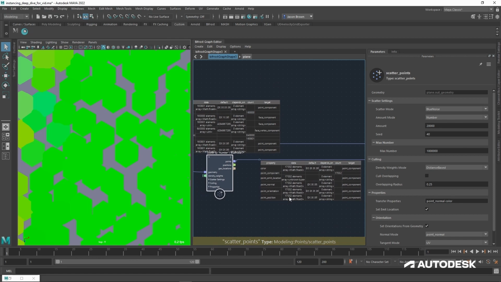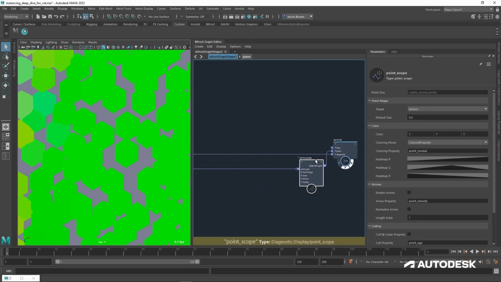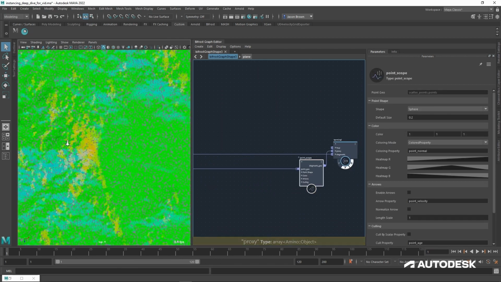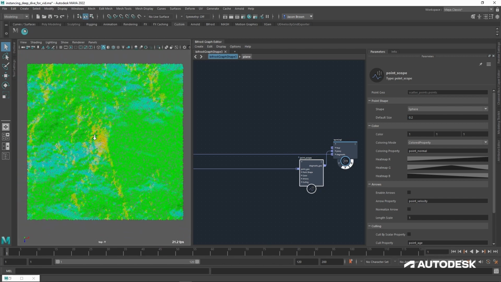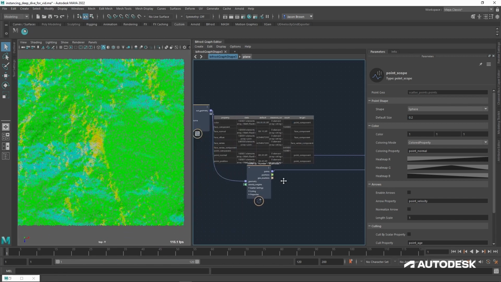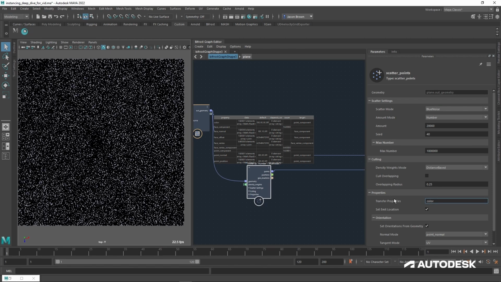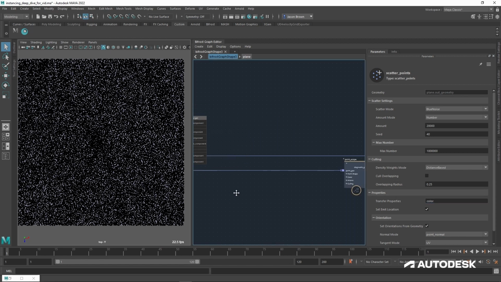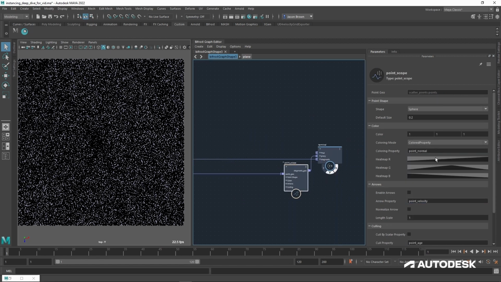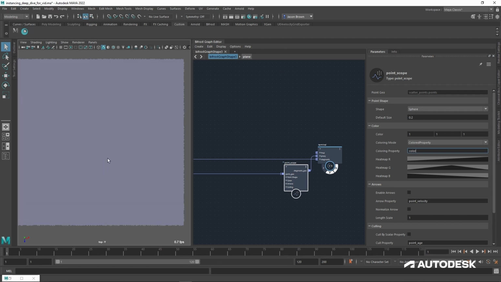And so now what I could do is I can go to my point scope, and at the moment it's the point normal that's being used for color. And I can illustrate the transfer properties here. If I take out point normal, they go black. They don't have anything to display. If I go back to my point scope and change point normal to color, they look like they disappear.